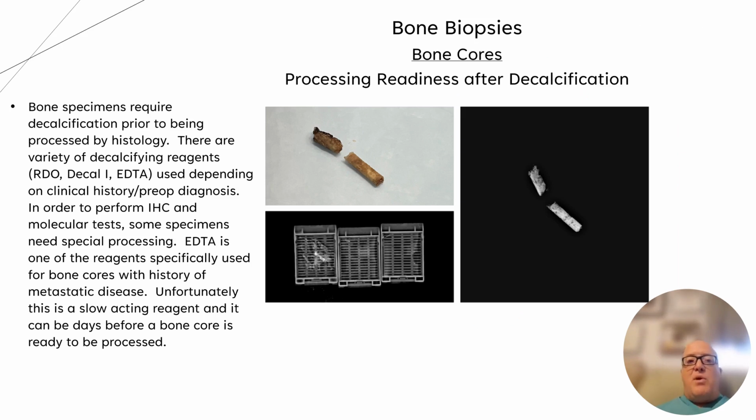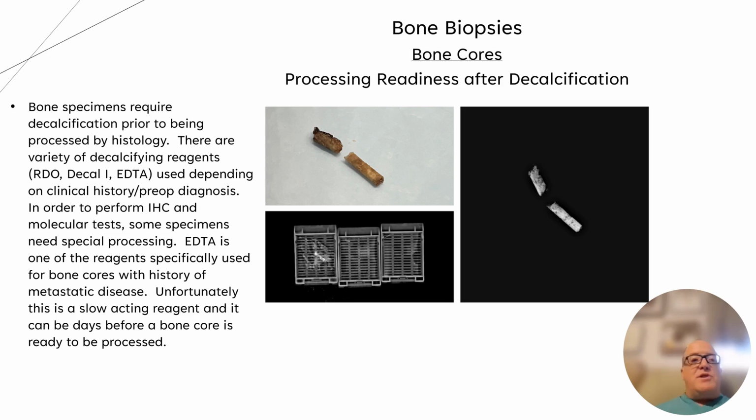Bone biopsy. So we get bone cores for metastatic disease, like say, for example, you get a prostate cancer case, and they think it metastasized to some bone, to your hip or leg or whatever. We get these bone cores, and we have to decal them. We can't put it in a regular decal or rapid decal. We have to put it in a special decal, so we're still able to do the IHC and the molecular stain. So this special decal takes several days of